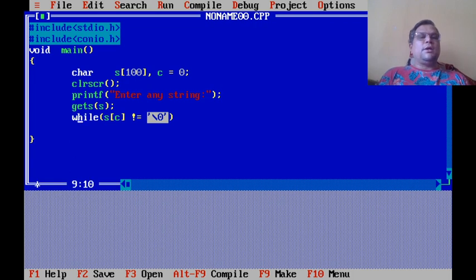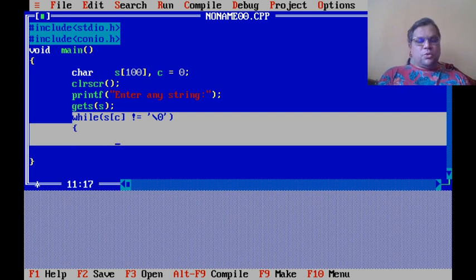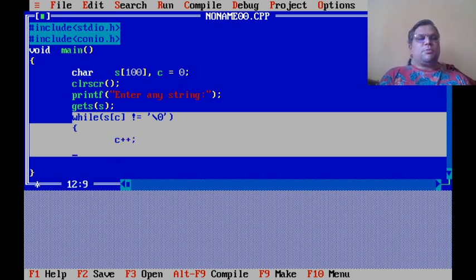So I will write it by using a while loop. Let's say while s of C is not equal to the null character, every time this is true, we should increment the counter. So C++, close this loop. Now when C is 0, this will compare s[0] with the null character, not matching, so the counter will be incremented.